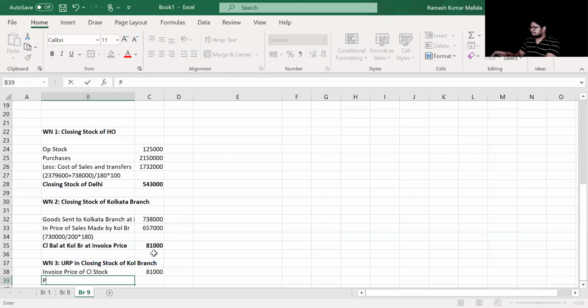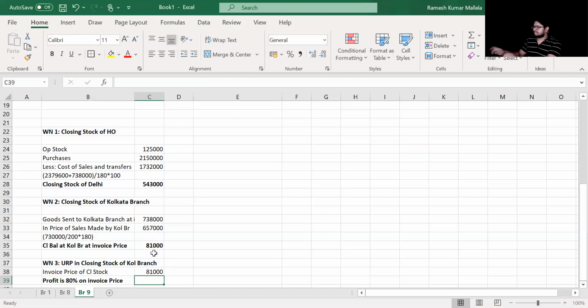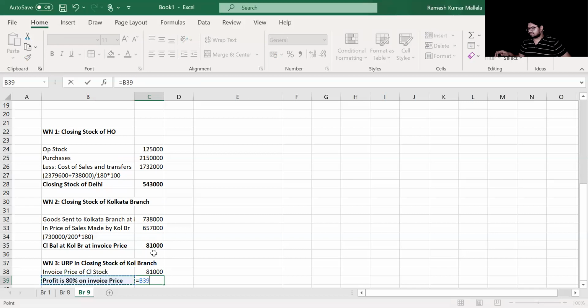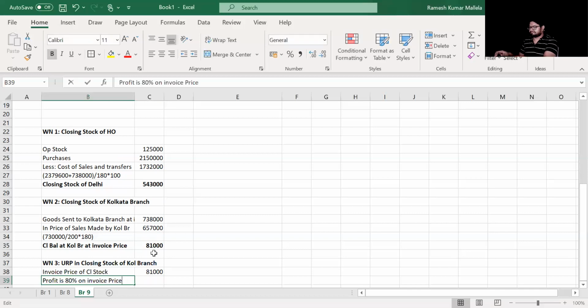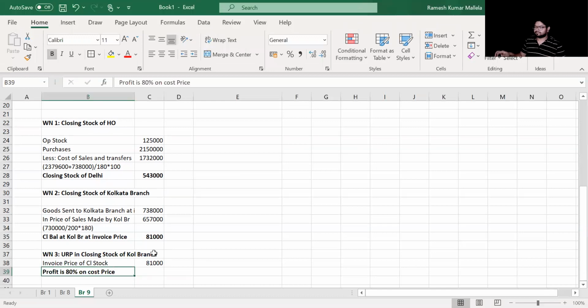In this, profit is 80% on invoice price. Okay. So that is equal to 80% on cost. I'll have to find out what is the unrealized profit in this. Okay. So it is going to be